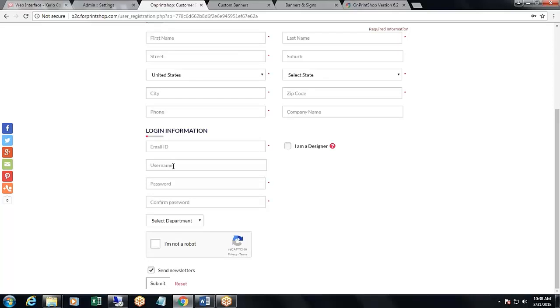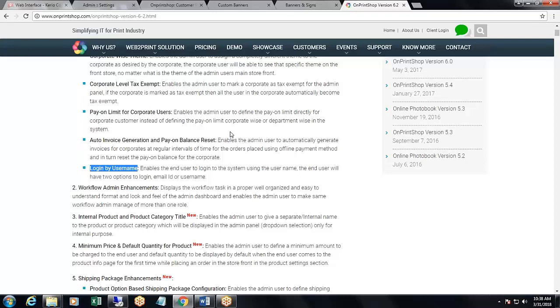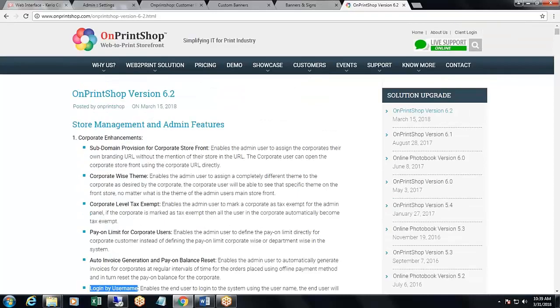Now they can log in using the username, and this is an add-on. For that you will need to send an email to our technical team at support@onprintshop.com, and they will activate it for you in your B2B module. So these are the enhancements we have for the B2B module in